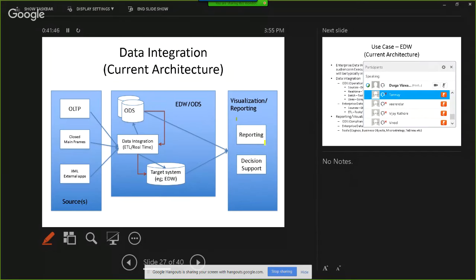Okay, and then you have the reporting layer. So you will get data from ODS or EDW to reporting, and reporting can be done. Again, sometimes we can bypass EDW and directly connect Cognos, Business Objects or any other reporting tool to ODS and generate reports out of it. Especially for ad hoc reporting, if the data is not available in EDW, we provide data from ODS directly to the data analysts or business analysts, and they run some queries to make some decisions. It is also quite common that EDW is bypassed for some reports.